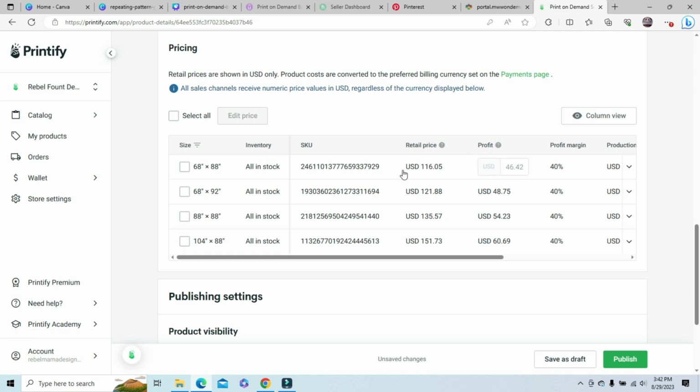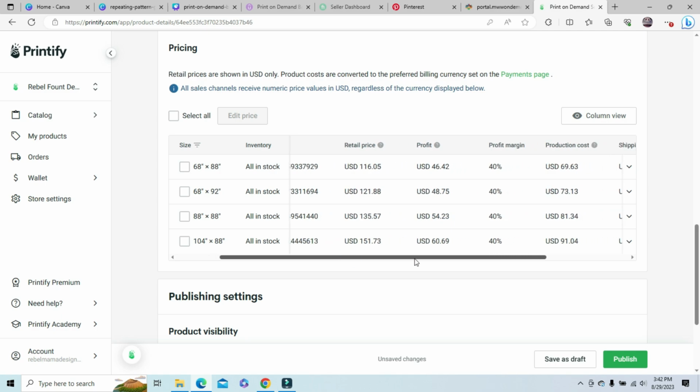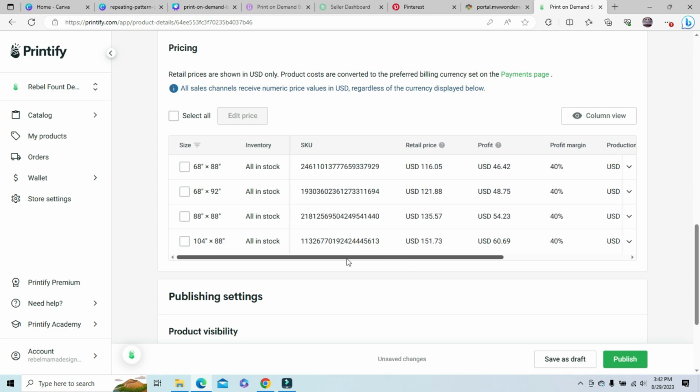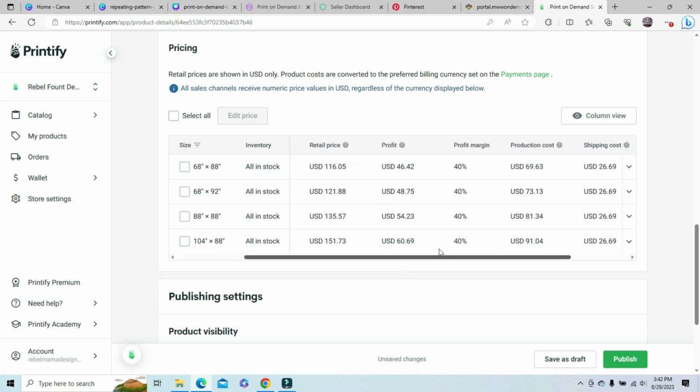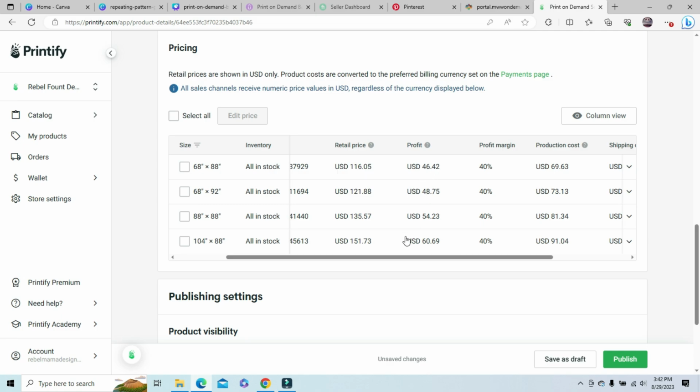So with this price point in mind, Printify suggests that for the 68 by 88 inch comforter, I should retail it at $116, and that will give me a profit margin of 40%, being